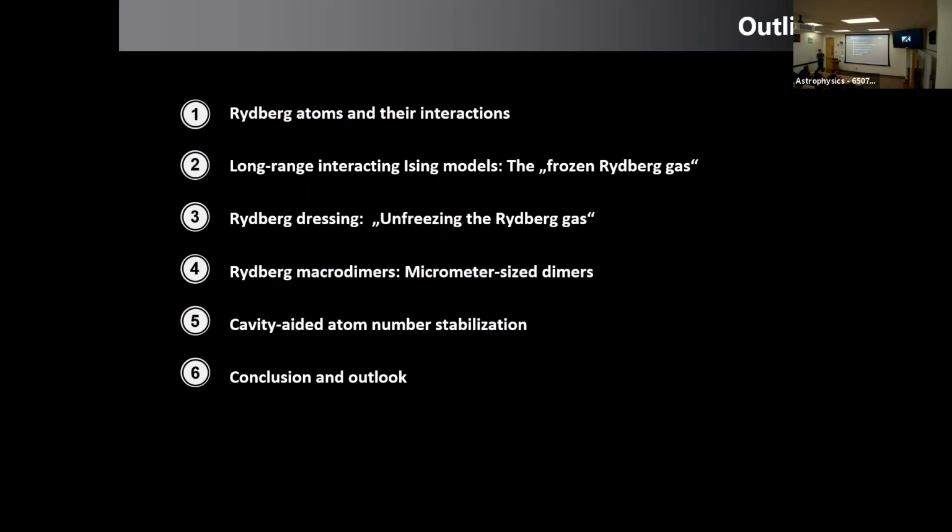Here's the outline for the rest of the talk. I'm going to step back and tell you a bit more about Rydberg atoms. What are they? What are their interactions like? What do they do, and why do they interact the way they do? Then I'm going to tell you how to get from that to many-body systems. What kind of many-body physics can we explore? Then I'm going to go one step further and show our work on how we can get into the regime where we don't only have a frozen gas where the atoms don't move, but where we have motion of the gases. Then some fun topic that we stumbled across more or less accidentally follows. And then maybe, if there's time, I'm going to talk a bit about work on cavity QED.